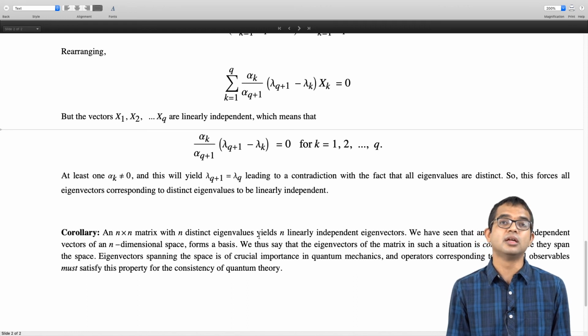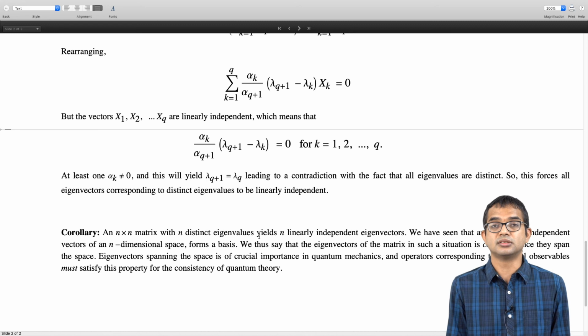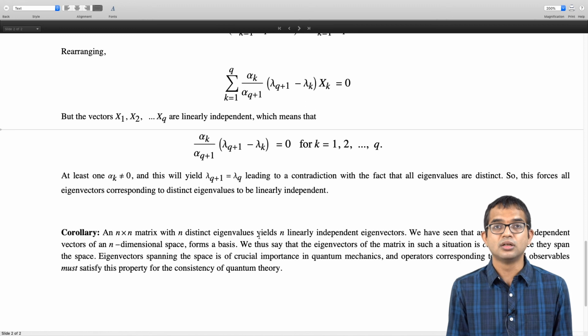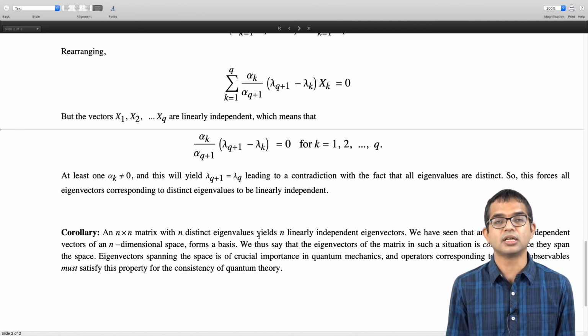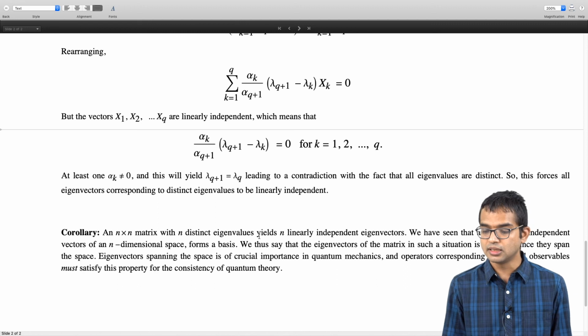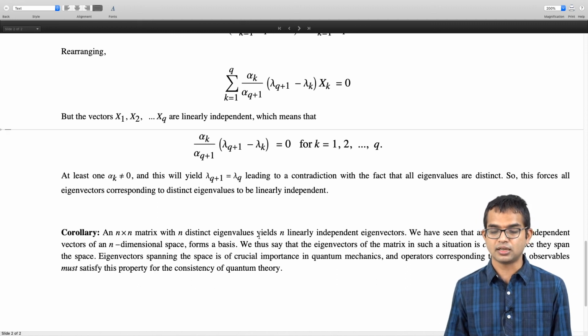If it does not, then there is going to be an inconsistency in quantum mechanics, and that's why we work with Hermitian operators, right? Real quantities correspond to operators which are Hermitian, as you might have seen in quantum mechanics. And we have already seen that Hermitian operators have this property of completeness, which comes about because of linear independence of various eigenvectors. We will return to this in the context of matrices a little while later.